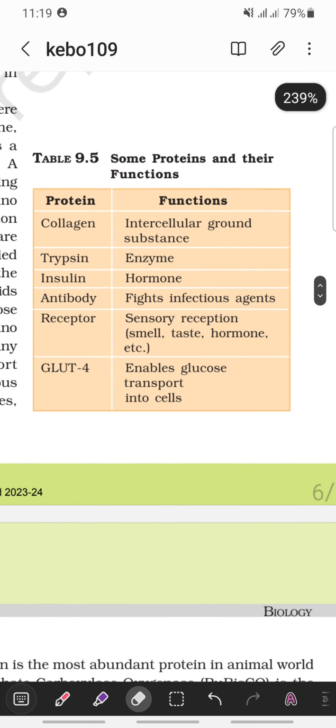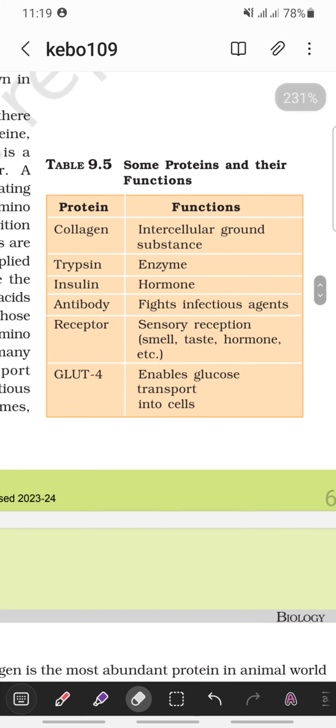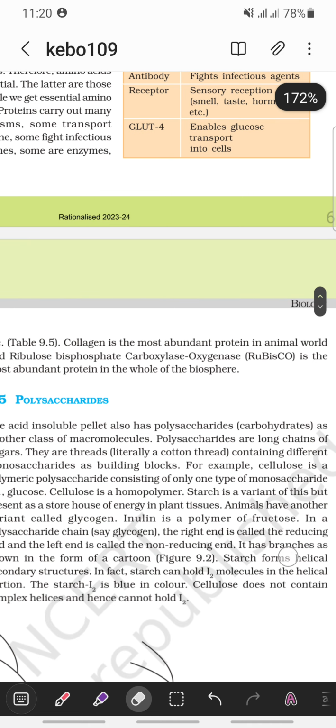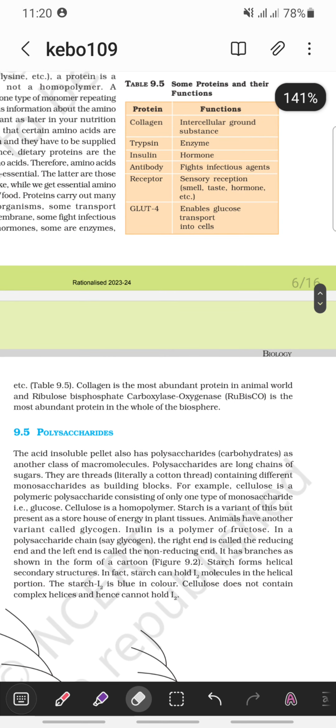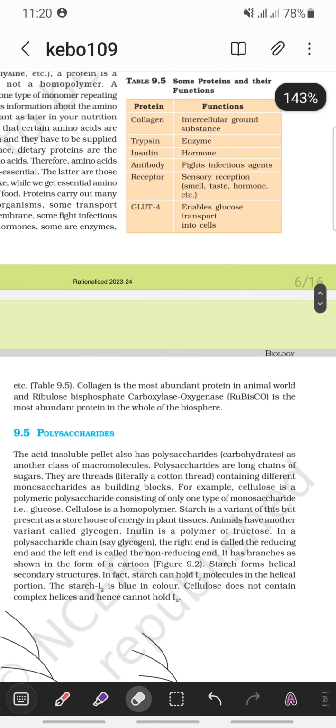Some proteins and their functions. Collagen: intercellular ground substance. Trypsin: enzyme. Insulin: hormone. Antibody: fights infectious agents. Receptors: sensory reception, smell, taste, hormone. GLUT4: enables glucose transport into cells. Collagen is the most abundant protein in the animal world, and ribulose bisphosphate carboxylase oxygenase, RuBisCO, is the most abundant protein